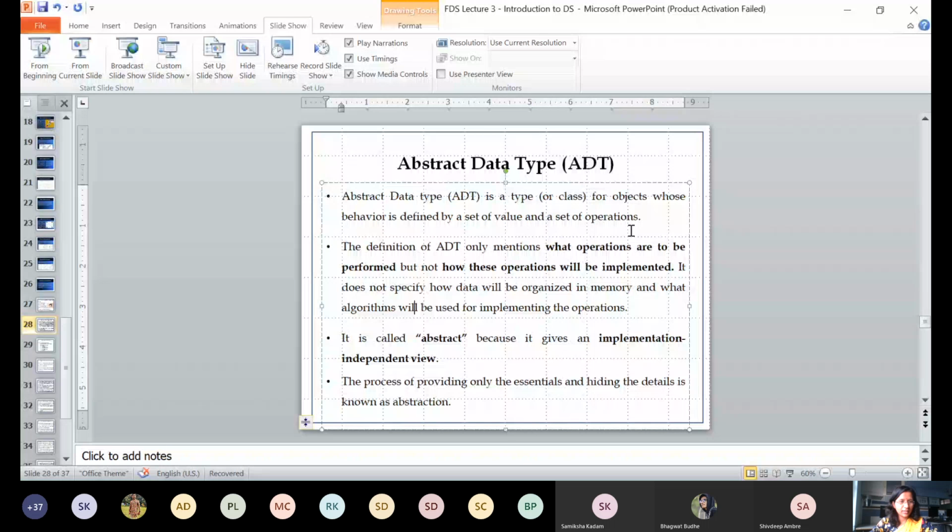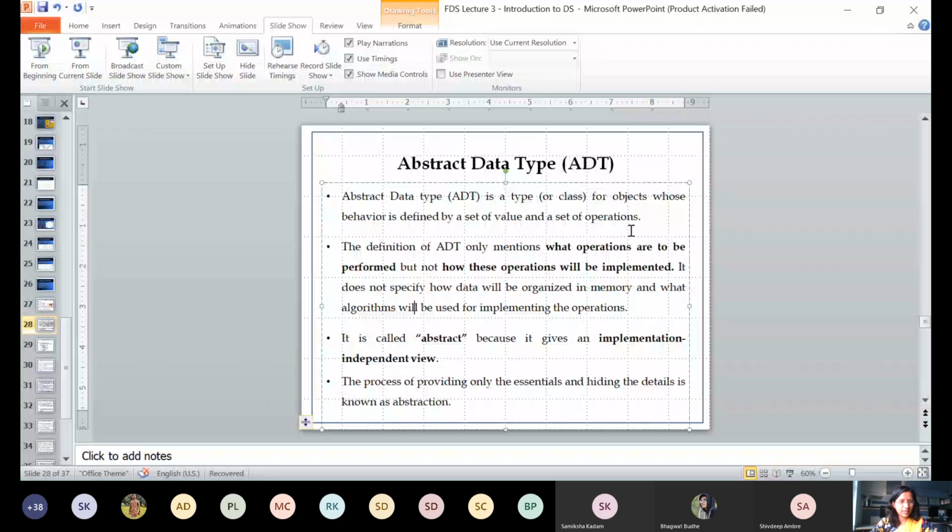Now we have written in the next line, the definition of ADT only mentions what operations are to be performed, but not how these operations will be implemented. So ADT only specifies what operations we can perform on the data structure. It does not specify how these operations are actually implemented.